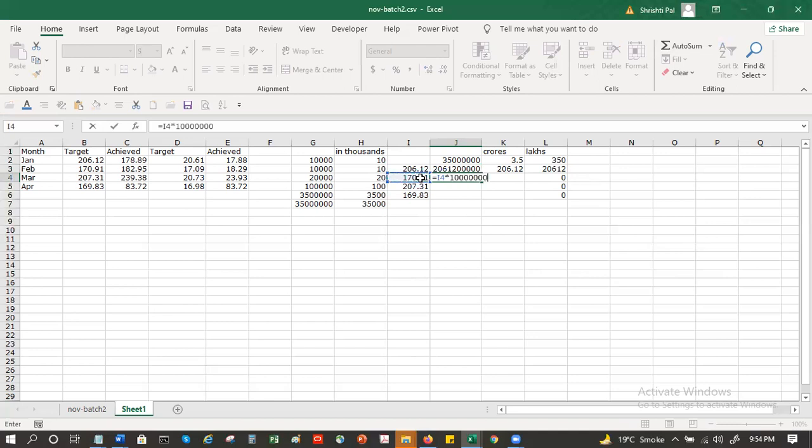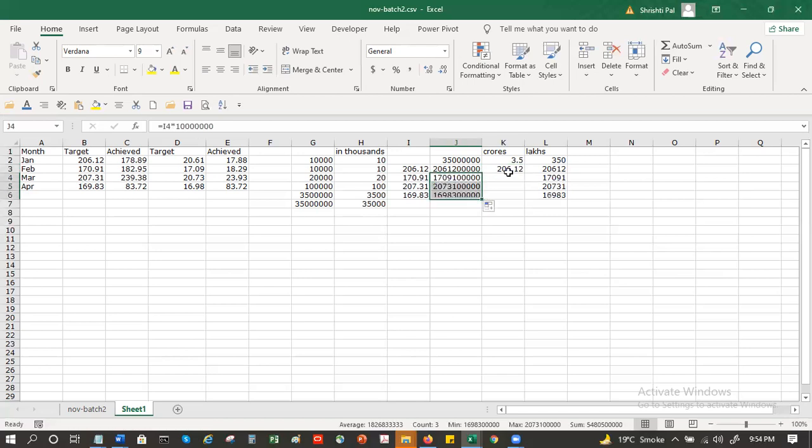And if I drag this, I get the same logic here. So this is how your lakh figure should look.